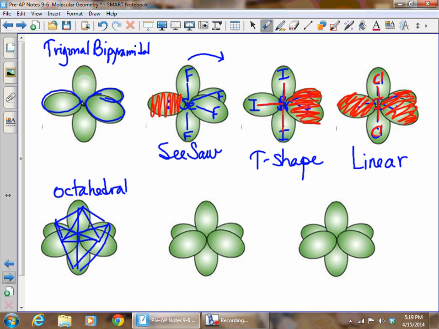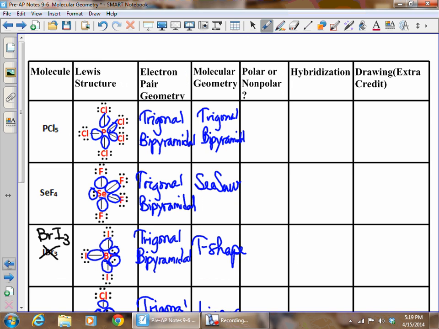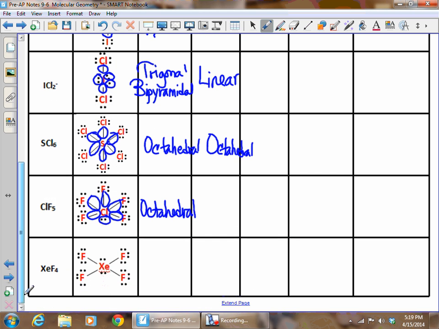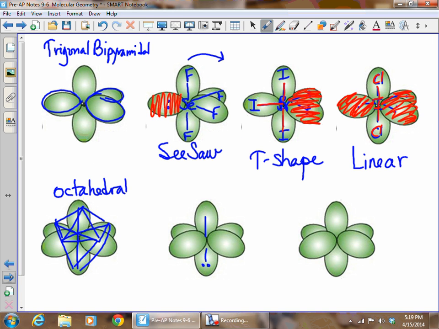Now the next one, we had a lone pair. It doesn't really matter where you take it off on here, but I like to put the lone pair on the bottom, because if we do, I think it makes it easier to see. The structure that we're talking about this time is ClF5. So if we have the ClF5 structure, Cl in the middle, and F here,